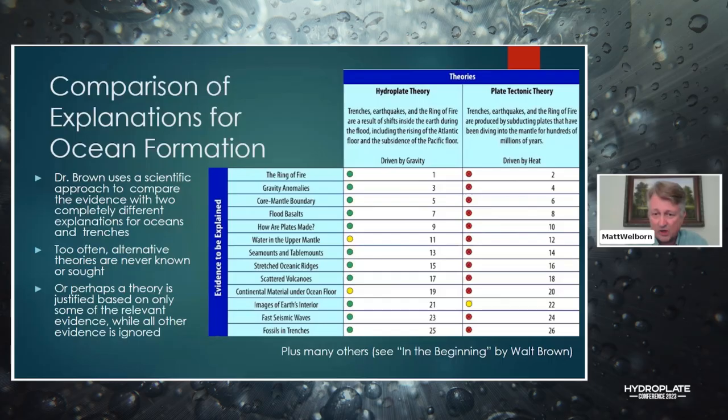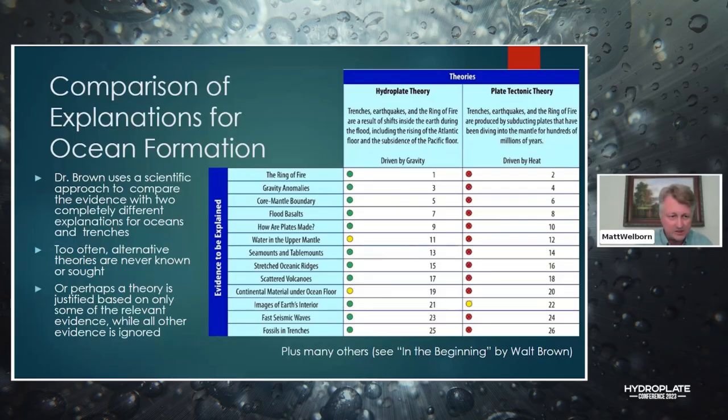But one of the things I wanted to show before I leave this table is that there's actually a score for each one of these evidences. You see that under the hydroplate theory, it actually has green and yellow. That means it's well explained. The evidence itself, for example the Ring of Fire, really fits well with the hydroplate theory, as opposed to when a category is scored as red, which means it has significant problems. For example, you see that the plate tectonic theory really has problems explaining a lot of these different evidences that we see in the oceans themselves and in other parts of the earth.